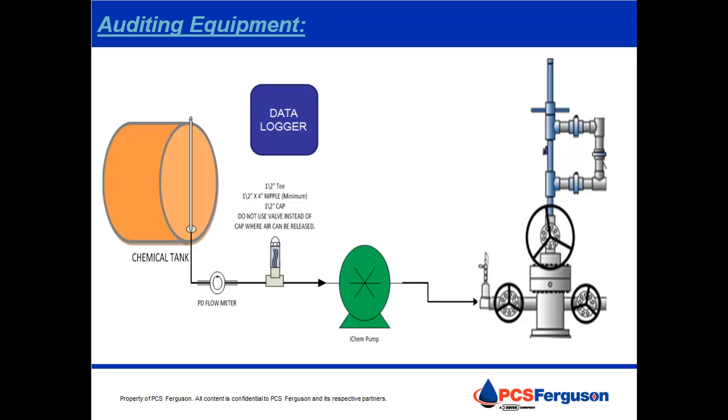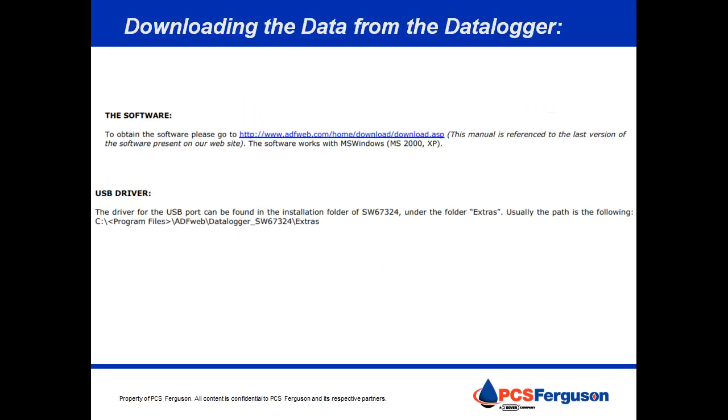13,250 counts represents 1 quart. Once the equipment has been tested, the chemical audit begins. The data logger will record the accumulated counts every minute. Then, when the audit period has elapsed, the data can be downloaded from the logger by using its associated software